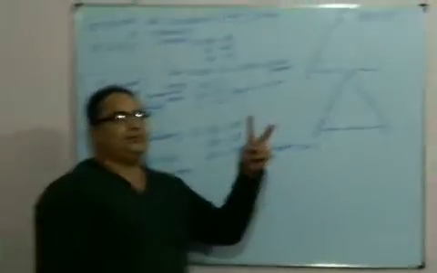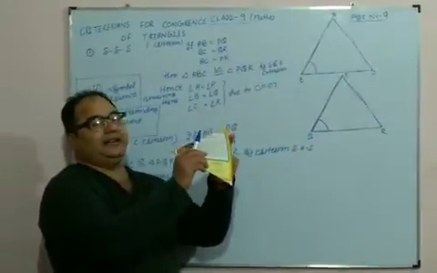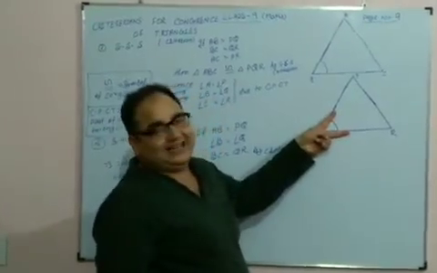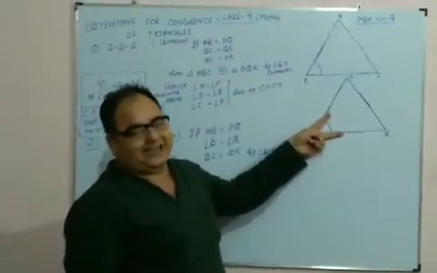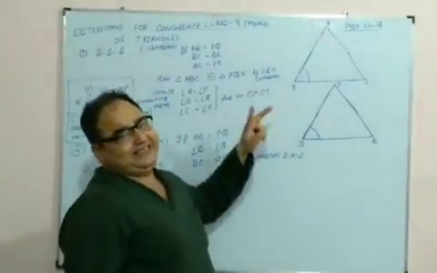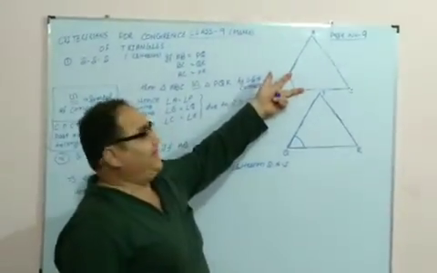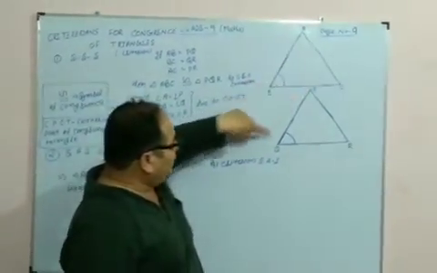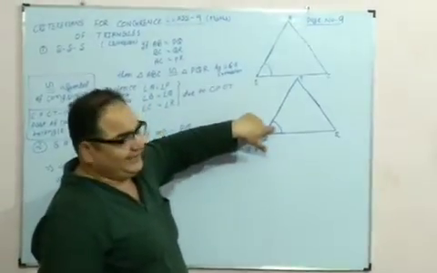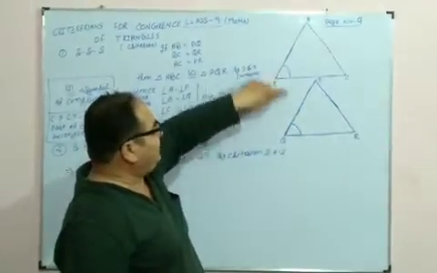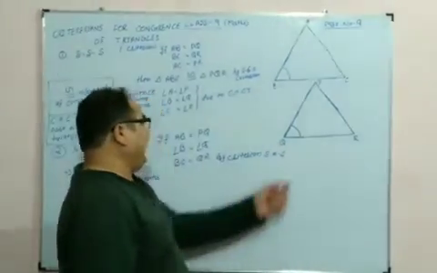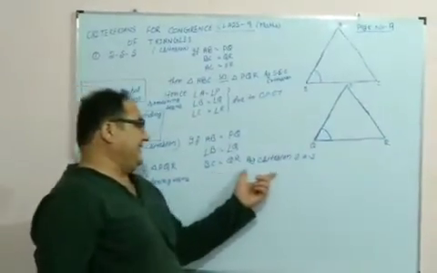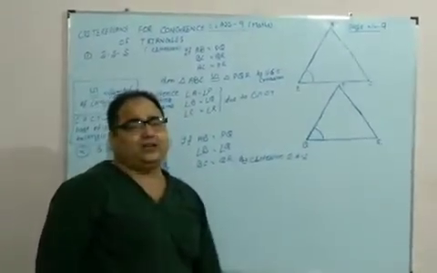Just like in this figure, two fingers, the forefinger and middle finger. The gap between the forefinger and middle finger also makes an angle. That's the meaning of this SAS. So two sides make an angle at a common vertex, just like AB and BC having common vertex B, PQ and QR having common vertex Q. So angle B equals angle Q, and BC equals QR. By this criterion SAS, these two triangles are congruent.